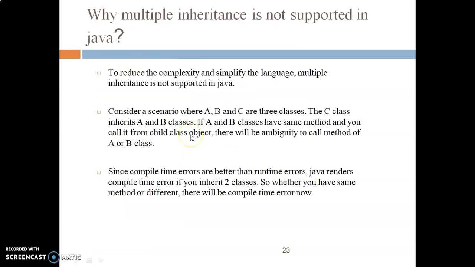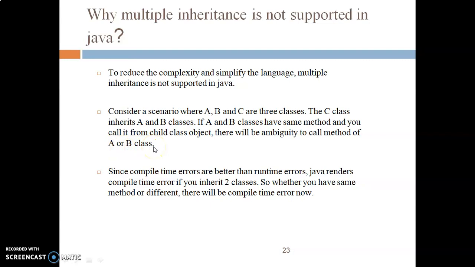Why is there a need for multiple inheritance? As I said, multiple inheritance directly is not allowed in Java. Why are we not using that? There is another approach, interface. Consider a scenario where A, B and C are three classes. The C class inherits A and B classes. If A and B classes have the same method and you call it from a child class object, there will be ambiguity about whether to call the method of A or B class.